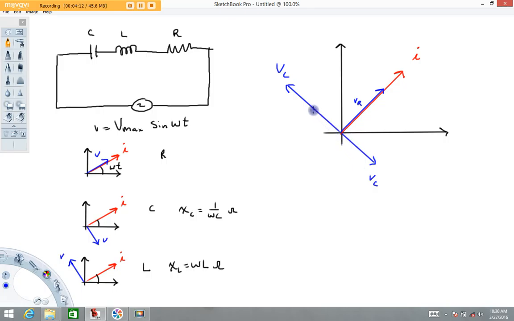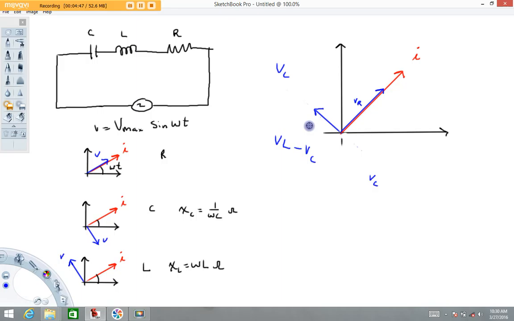So notice here, I can actually add these together, right? And they would add to a single vector, which would be kind of up and left. And that vector is going to be this minus this. So I'm going to go ahead and do that. I'm going to get rid of this one, shorten this one. This vector now is equal to the voltage across the inductor minus the voltage across the capacitor. As simple as that. I'm going to get rid of this line here. You'll see why in a minute.